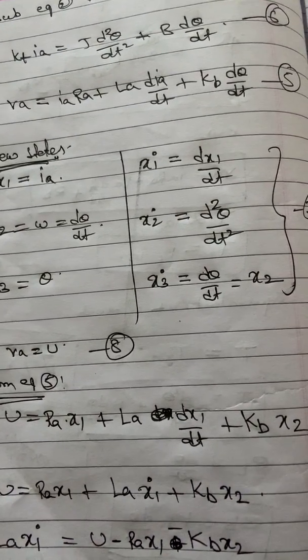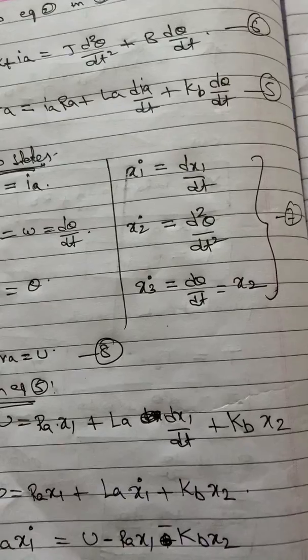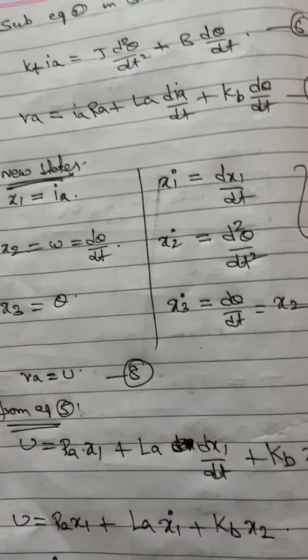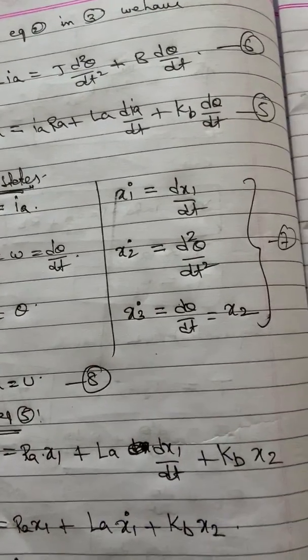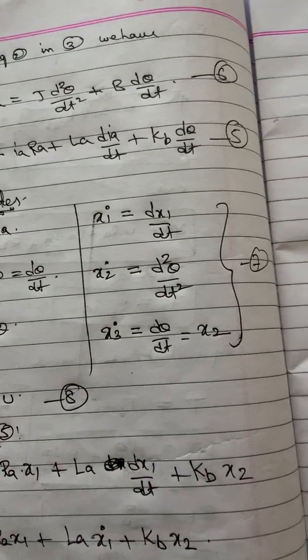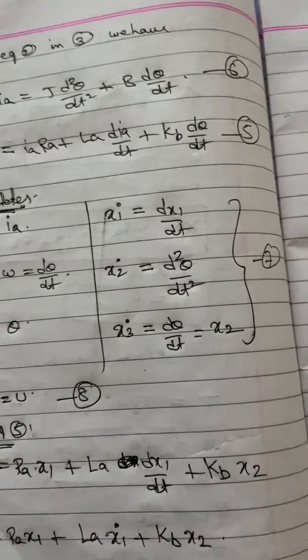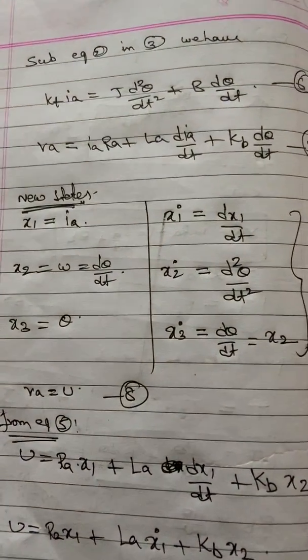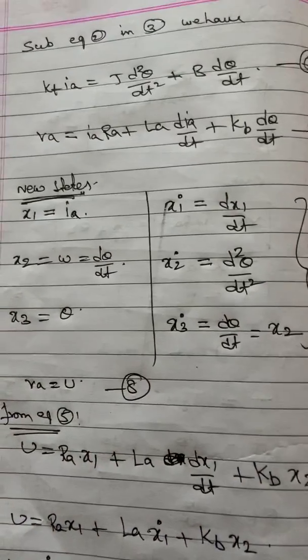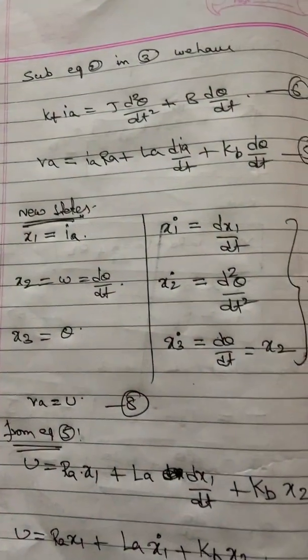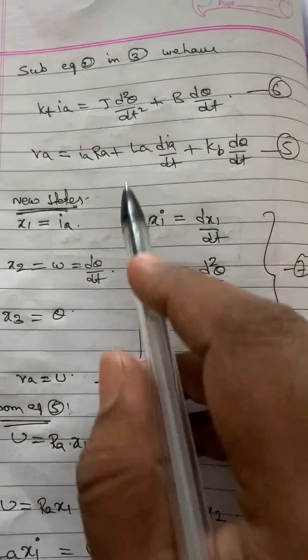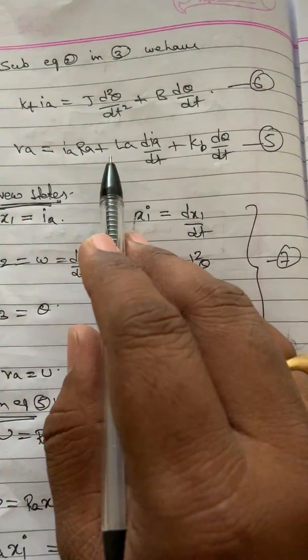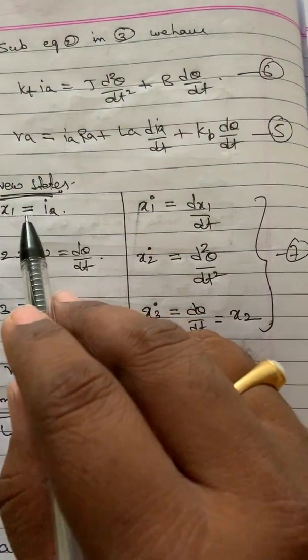For example, if we have 2 inductors, the total number of states will be equal to 2. If we have 1 inductor and 1 capacitor, the total number of states is equal to 2 again. So for any electrical circuit, the total number of states is equal to the total number of energy storing elements. So here we have one state, and the state for the inductor is given by the current through the